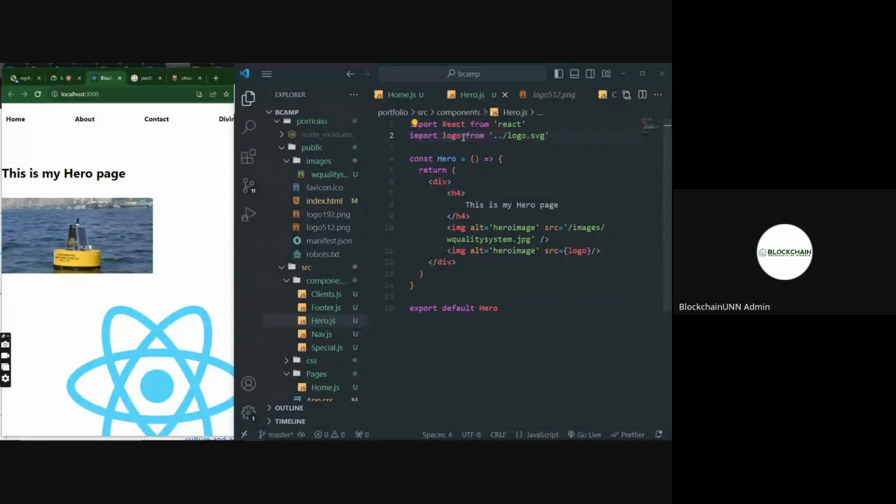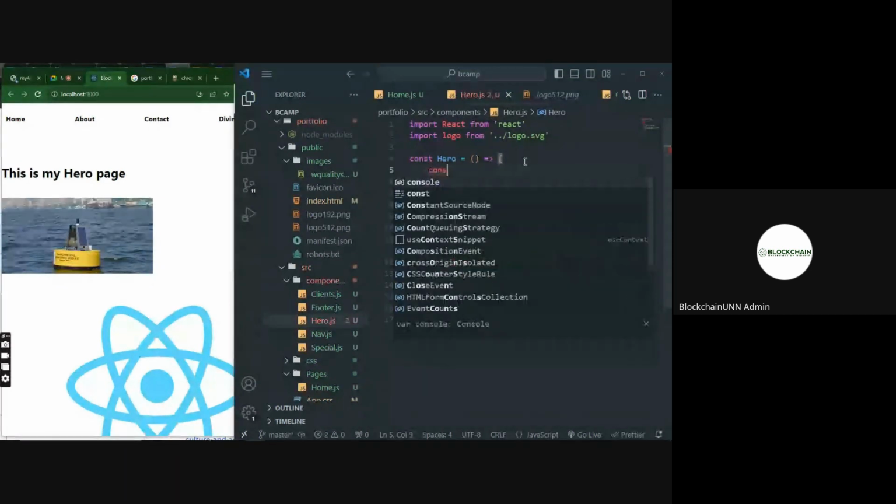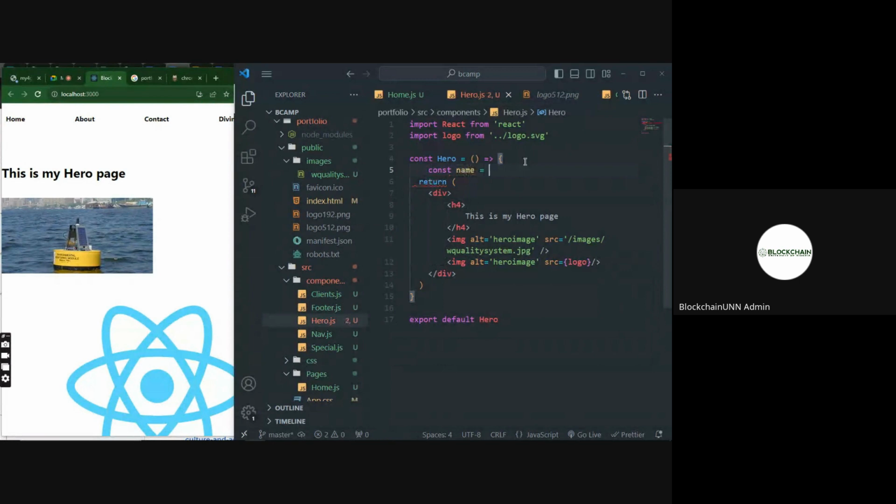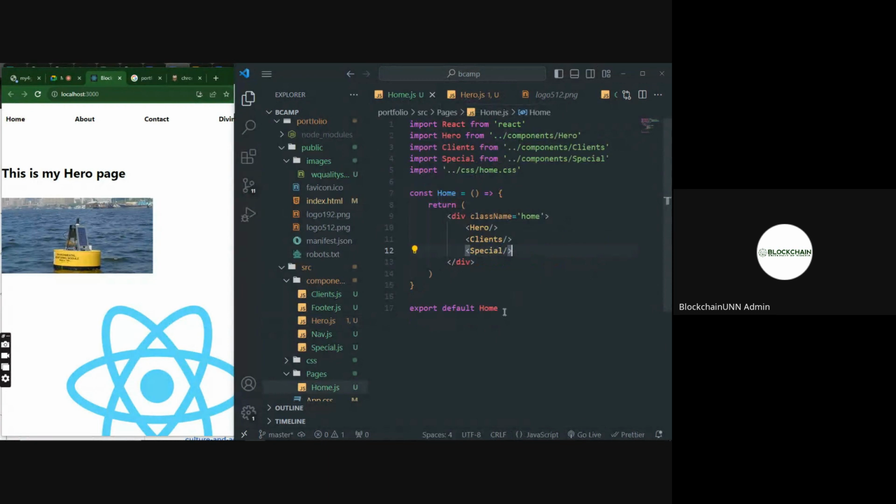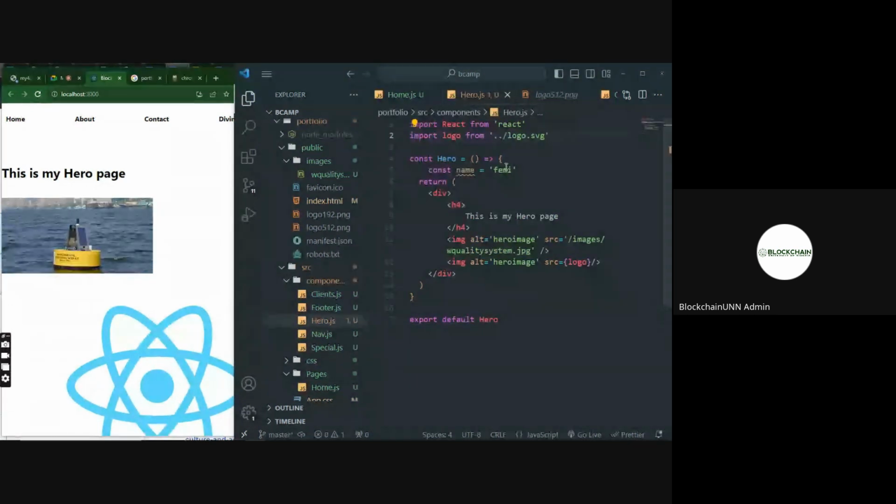Now what I did here basically, right? It's just like when I'm declaring a constant and I'm saying const name should be equal to Femi. I'm declaring this variable to be equal to this value. It's the same thing I do when I'm importing an image. An image does not have a name. For example, once I create my home.js, I'm exporting home. So definitely, if I'm importing, I'll just do import home from, because that page I'm importing, I've already given it a name. But when I'm trying to import an image, we cannot just import the image